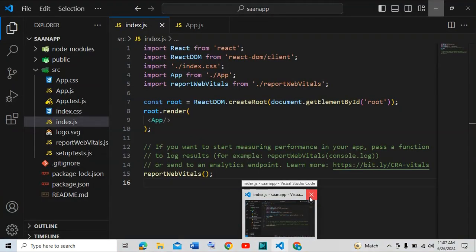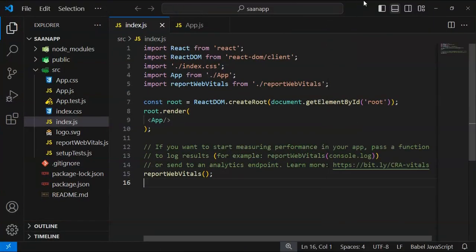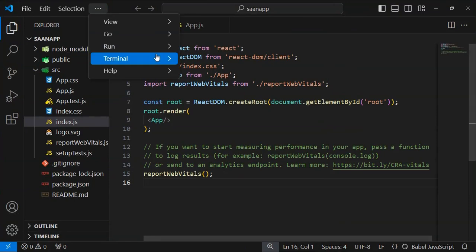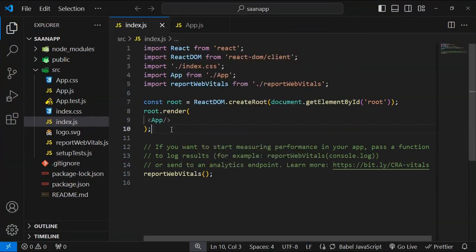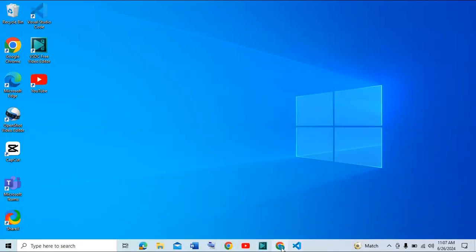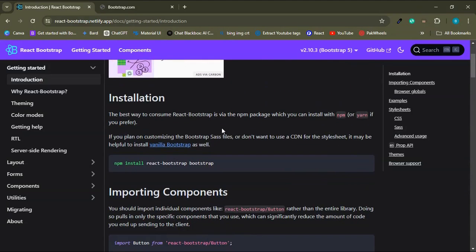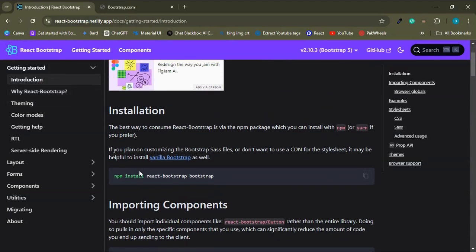I am going to remove all that I had. Basically this is previous. So I am going to start VS Code again, and here I have to go to the terminal, or you can simply press Ctrl+J, and you can see that the terminal is opened, and here I have to type. Let me show you. I am going back to React Bootstrap, and here you can see that at the installation option, first of all I have to install React Bootstrap. Just copy it,